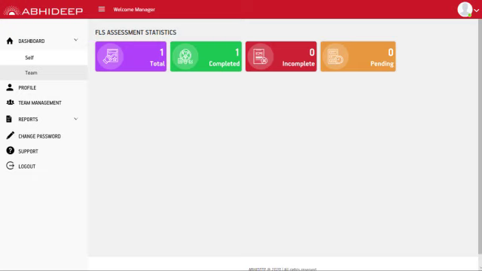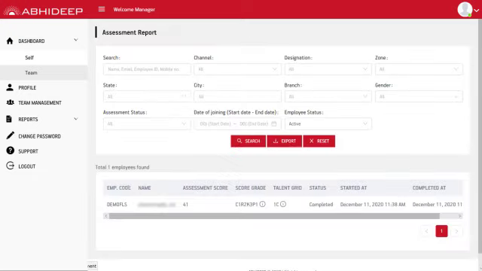All these boxes are clickable. Click on the total box. This shows the assessment report of all the FLSs mapped to you. Manager can export the report and view details such as score grade, talent grade, completion status, start and end date